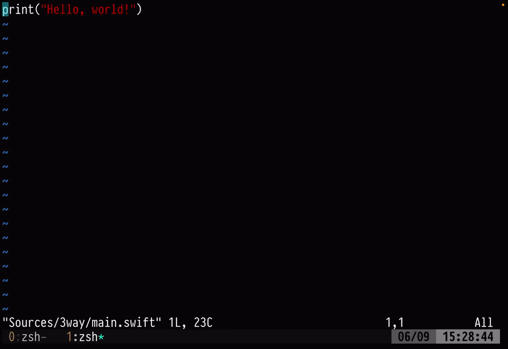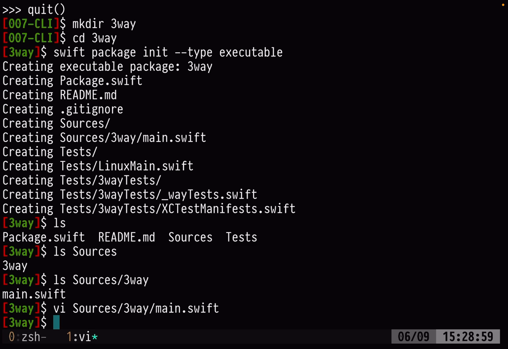We can see it generated just one line, which is printing hello world. Let's maybe change it to something else. Let's say it will just print hi. And that's it. So now we have our custom program, custom Swift executable, and